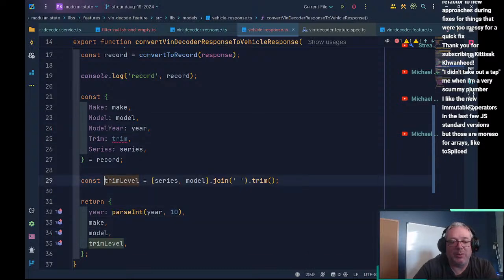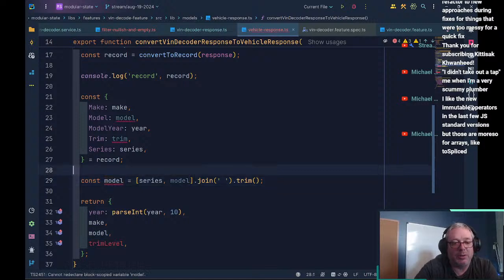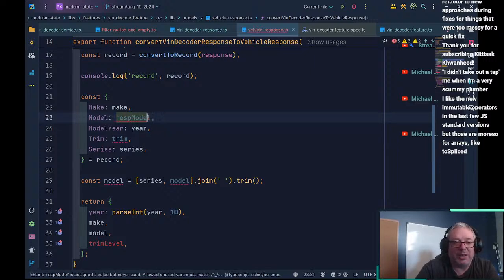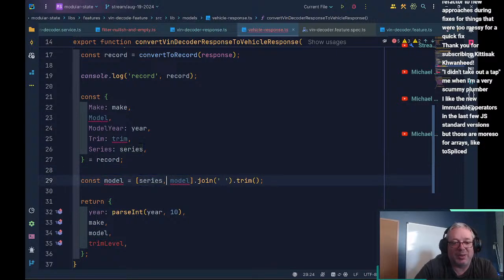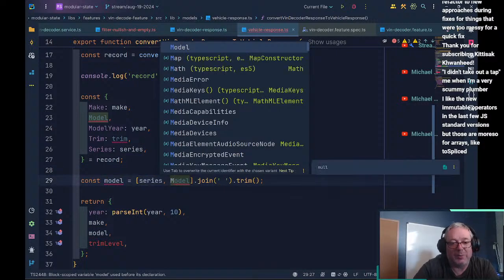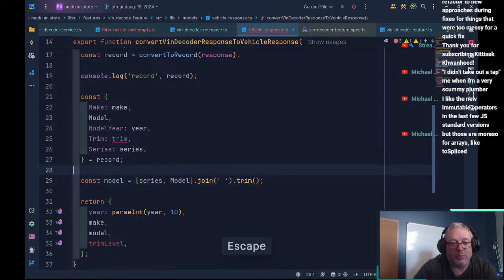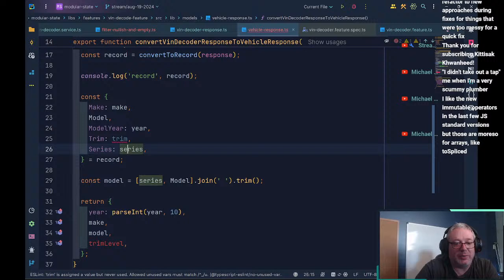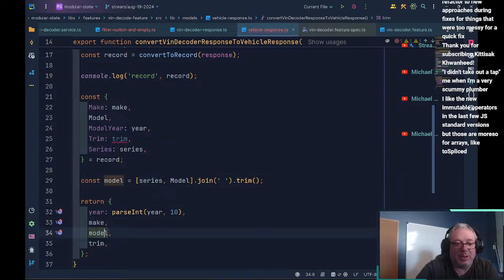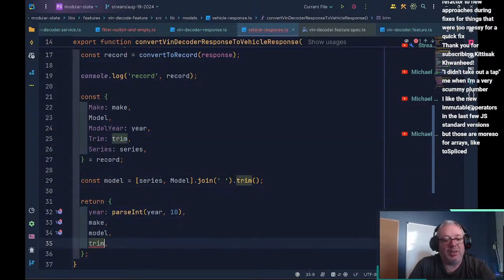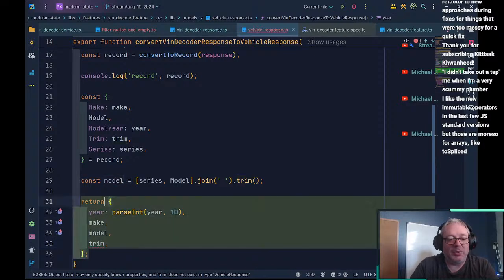Down here, we would call this model. And we can just call this resp model, right? Well, actually, instead of doing that, we'll just do that and that. So this is our trim level, and this becomes trim. But one thing that we're doing wrong